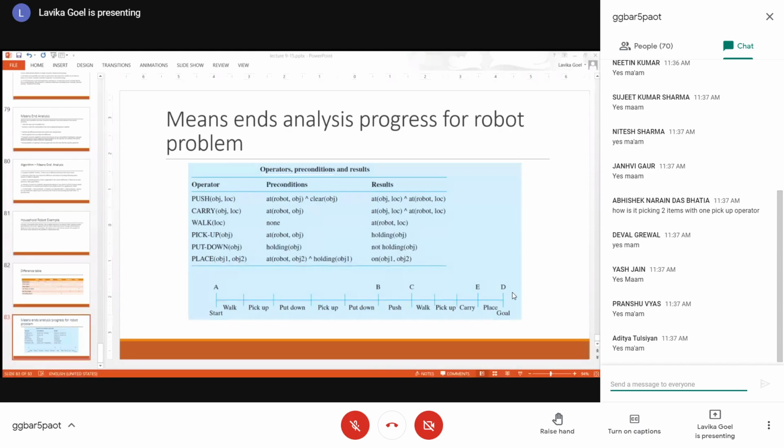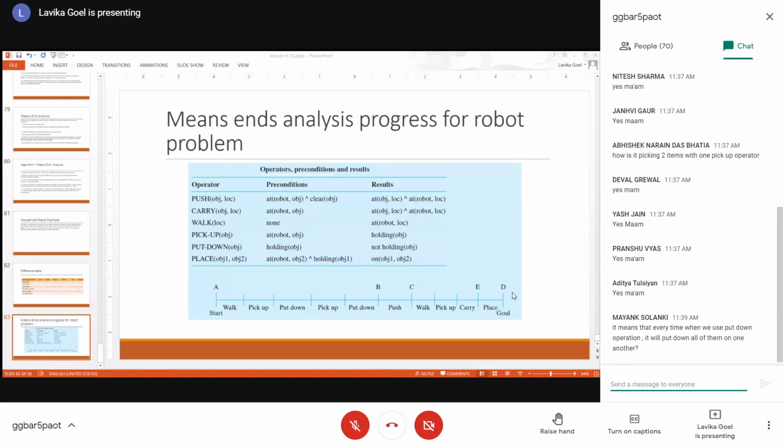Are you getting it, Abhishek? This is a normal common example of how we normally do it. Yeah, in this case, it is putting down one on top of the other so that it creates a pile of books. Then it is basically picking up the pile of books together and carrying them together. Okay.